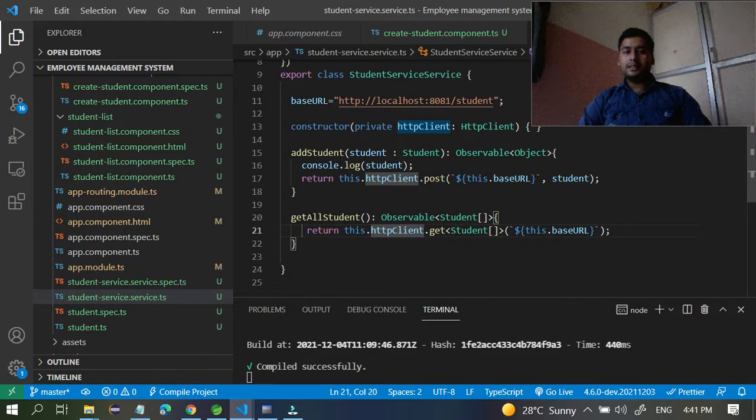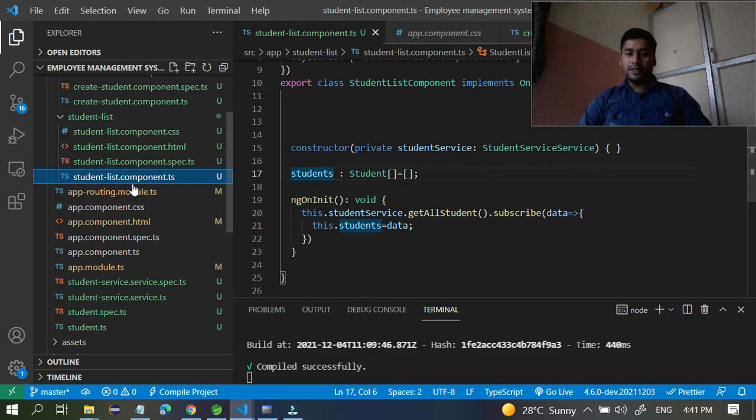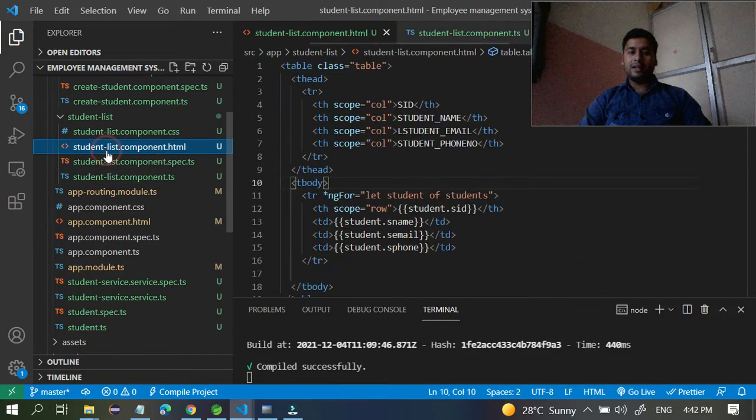Once you hit this, you get a list of students. It returns this list of students, where in the student list component we are receiving this student data, and we store those data in this object, and with this object we populate all those data in the HTML file, this file. So we have created one tag. Through this tag you can say let student of students, where students is one of the variables.